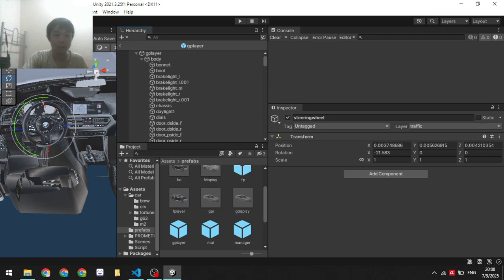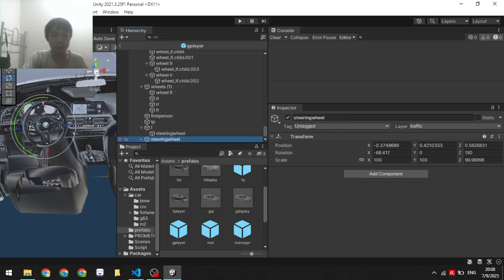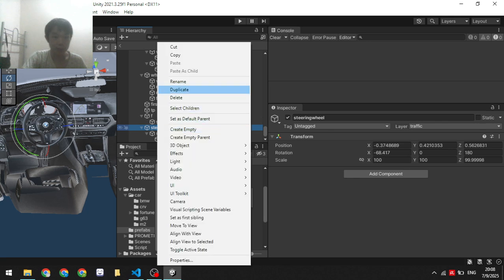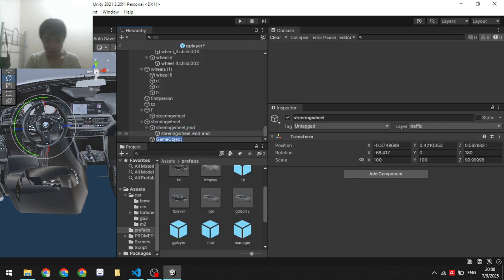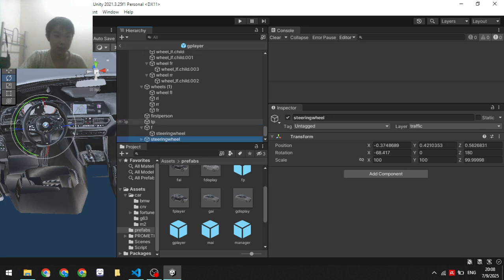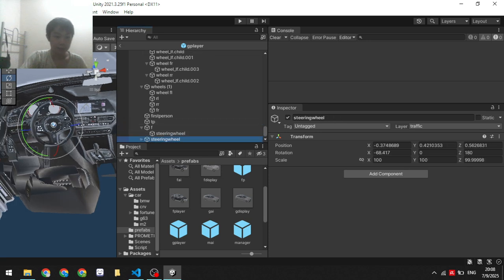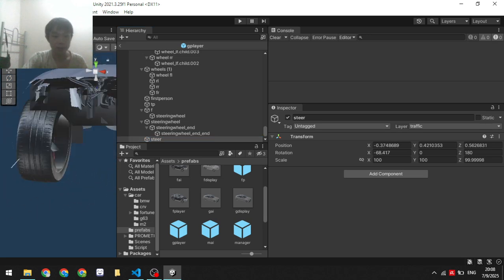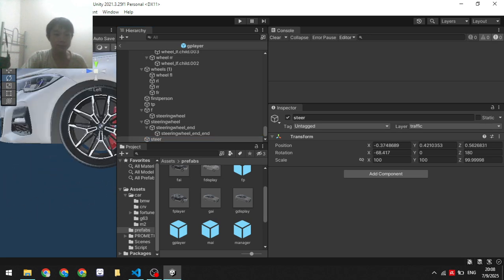Okay, let's just G play right here, and then as you can see, I will create another empty right here. I will create an empty, then name it steer. So this is the real visual steer, and then I will unparent this, and it should already copy the rotation.